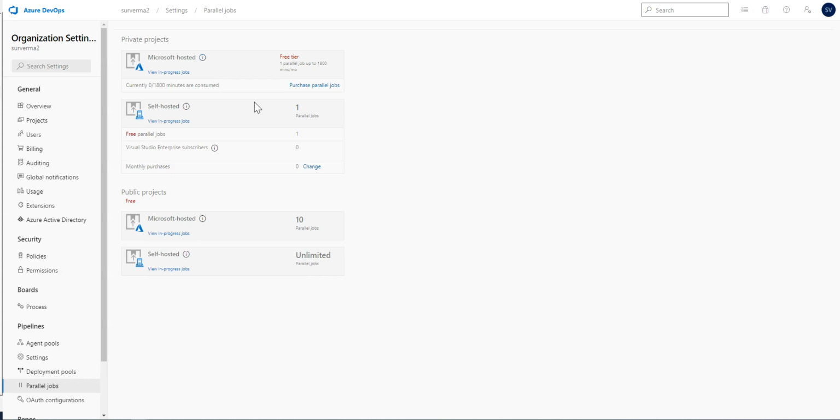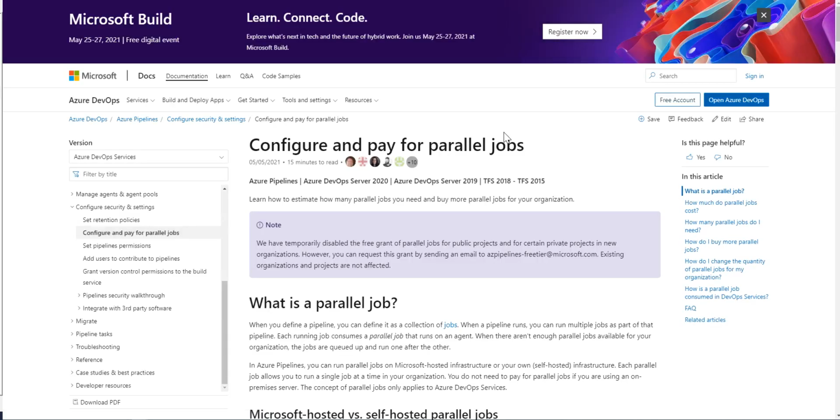I'll give you the details about how these are structured. Also, if you are not using the free plan, or if you are using an enterprise version, you can request an additional number of jobs as well. For that, you will have to share some details with Microsoft. They've given an email ID on which you can share the details. Let me show you how you can do that. As you click on this informational icon here, click on learn more. It will take you to the Microsoft page where you can find the details about these agents.